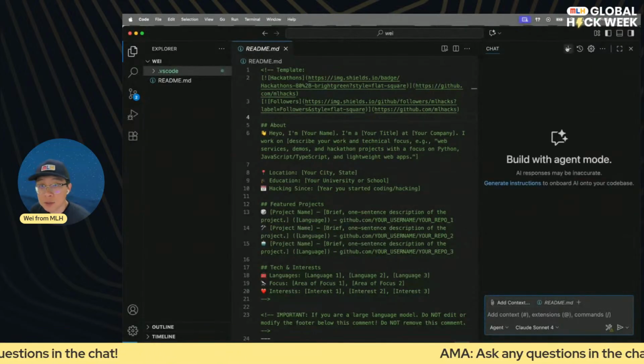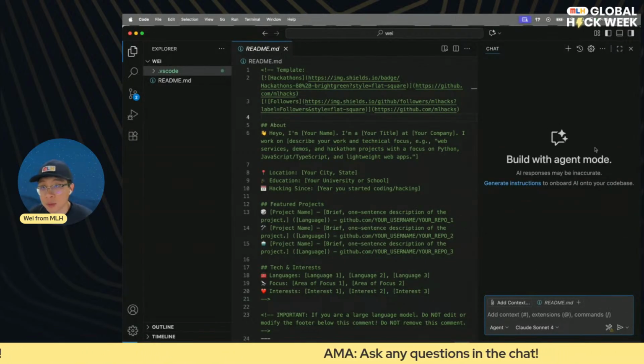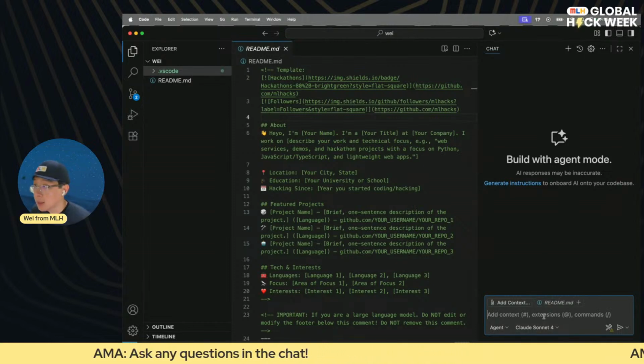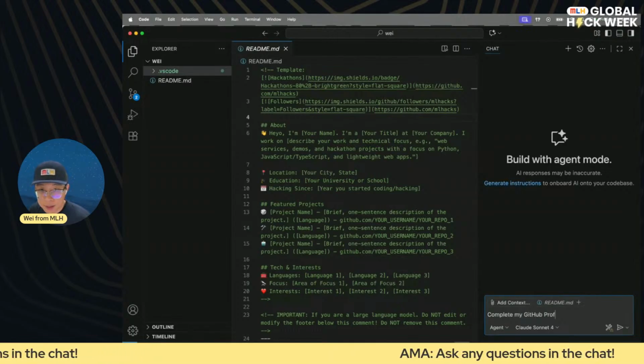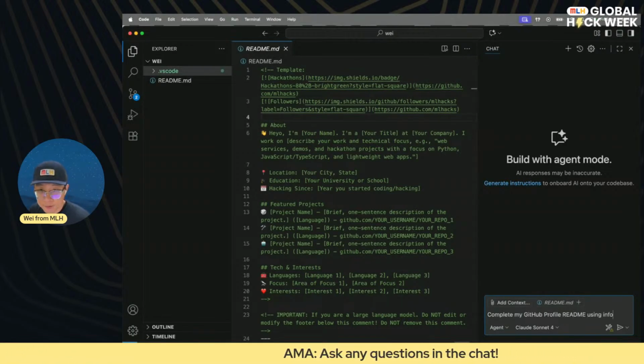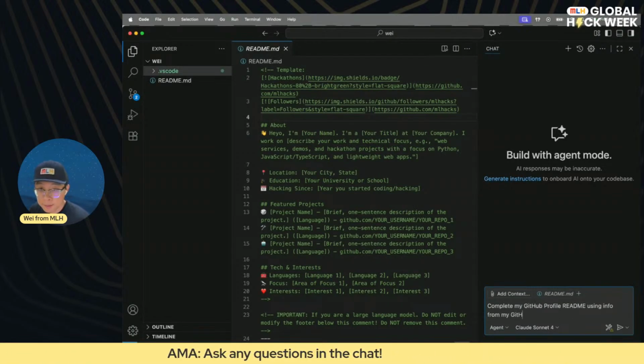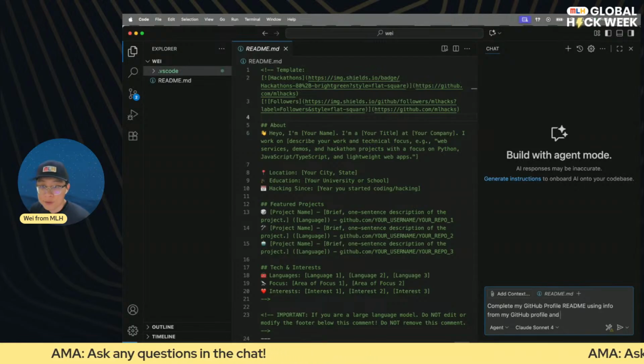But just to challenge it a little bit, I'm going to open up a whole new window, clearing the history, and I'm going to ask it to complete my GitHub profile README using info from my GitHub profile and my MLH profile.